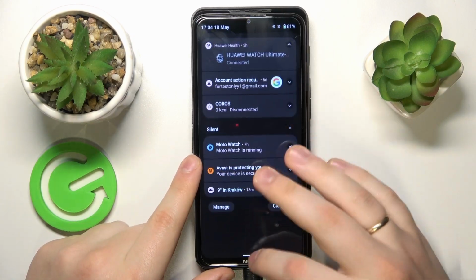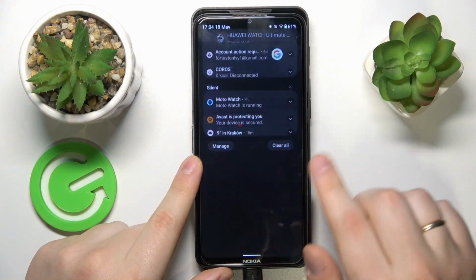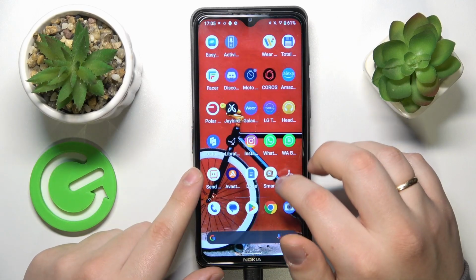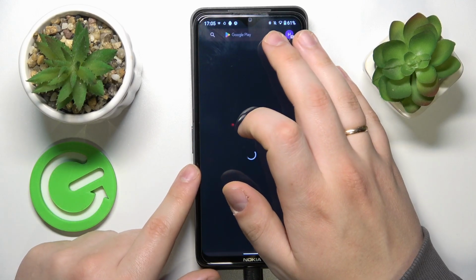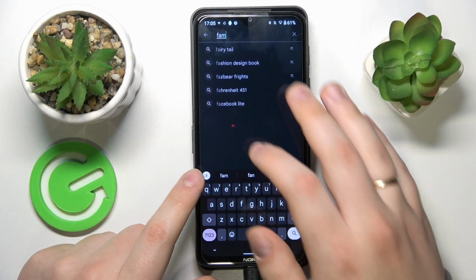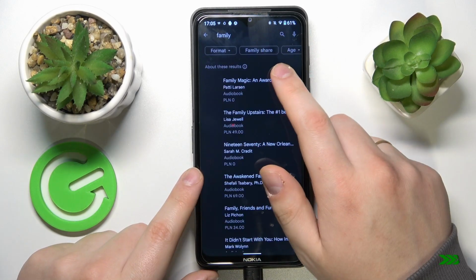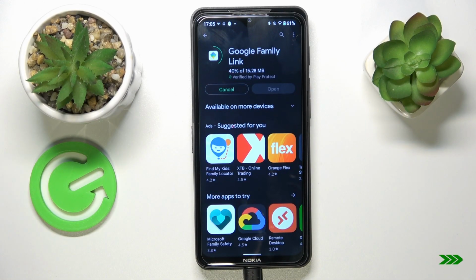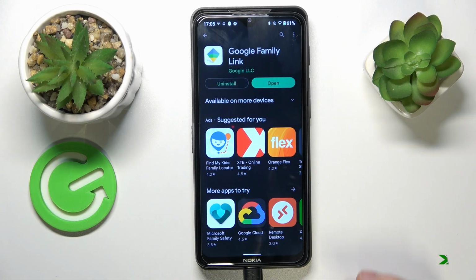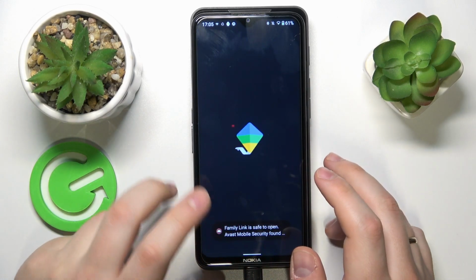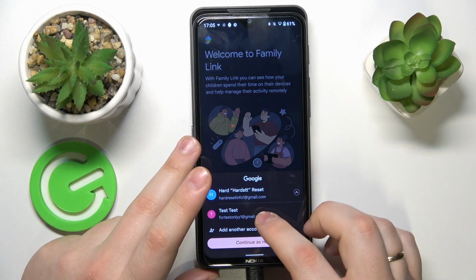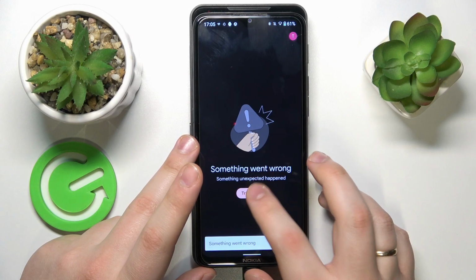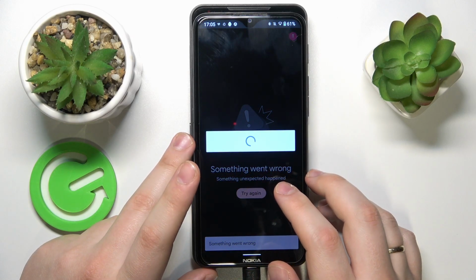So take your parental device, then launch the Play Store, and as I've already said, download the Family Link application. Then launch it. Make sure to sign in with the parental Google account over here. And inside the app, you should have an access to all kinds of controls. In my case, for some reason, the app